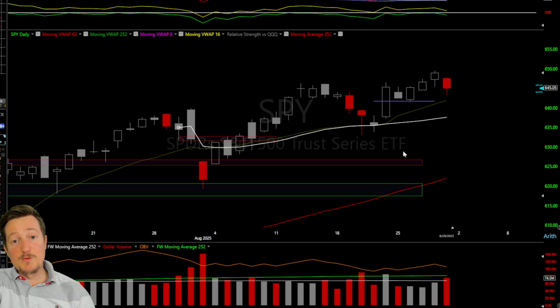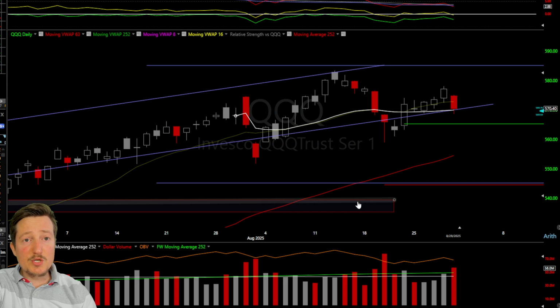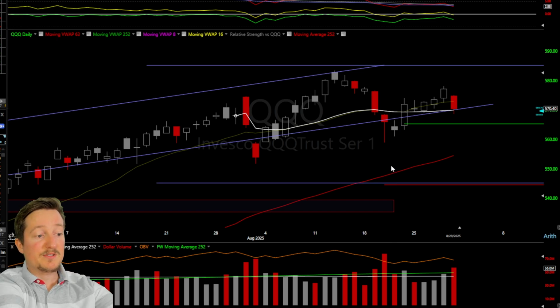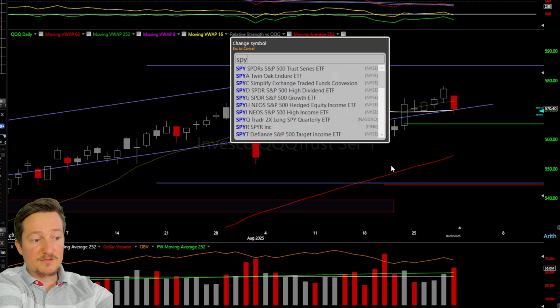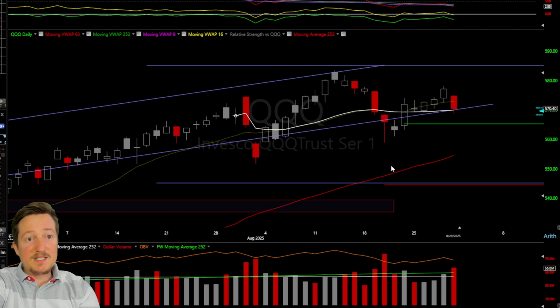All right, so let's move on to the NASDAQ. As you can see here, this is the NASDAQ, ticker symbol QQQ. And now this is a leading index, and as you can see here, it is leading to the downside. The head and shoulders top is a little bit more prevalent compared to the S&P 500. So what I can do here is go back and forth. This is S&P 500, this is QQQ, S&P 500, QQQ. So obviously the QQQ is weaker.